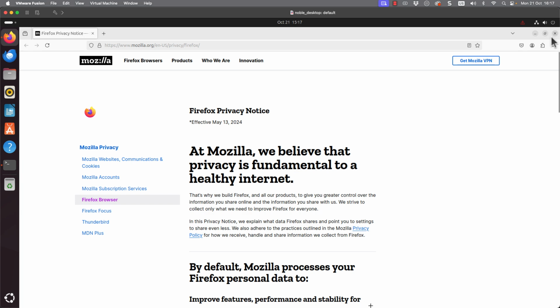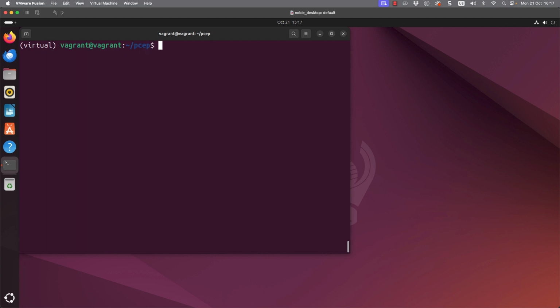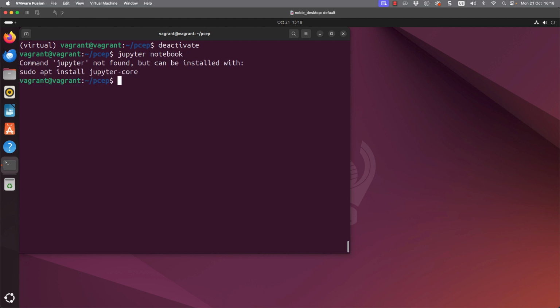I can close down my browser. Now, if we look at our virtual environment again, if I deactivate it, much in the same way as we would within PowerShell, just with the deactivate command, and then try and run my Jupyter Notebook, it's going to fail because it doesn't have the package installed.